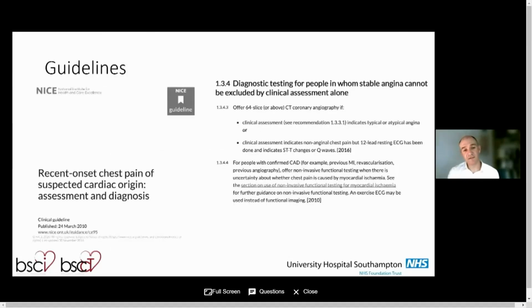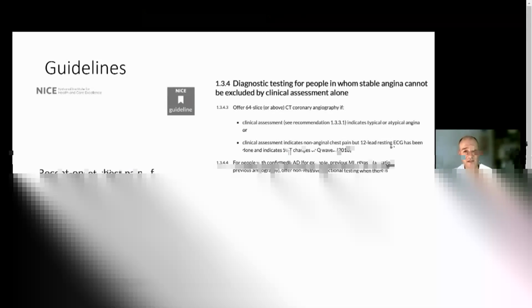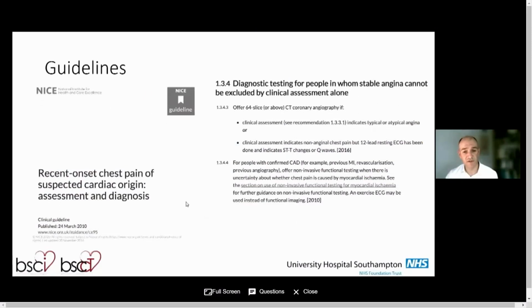So that was an example case of how we use cardiac MRI for chest pain imaging. But I just want to draw your attention to the guidelines that we use in the United Kingdom for those patients who present with new onset chest pain. We use the NICE guidelines, and these were updated in 2016. In the United Kingdom now, the advice is for anyone who can't have angina excluded by clinical assessment alone,